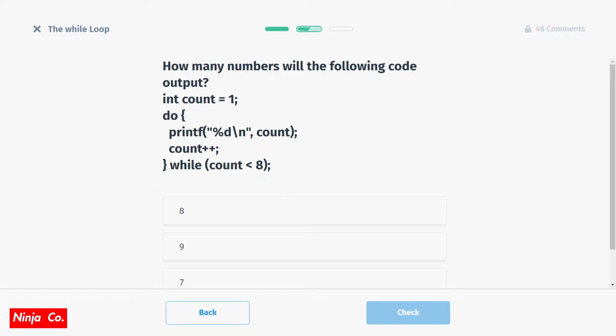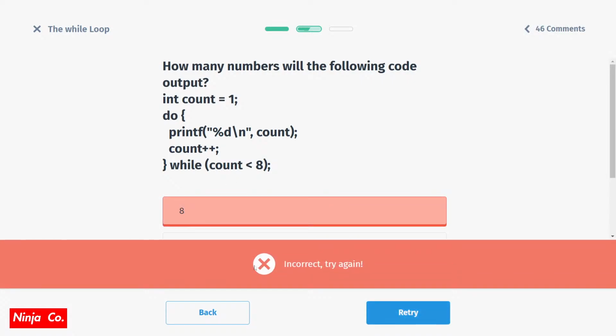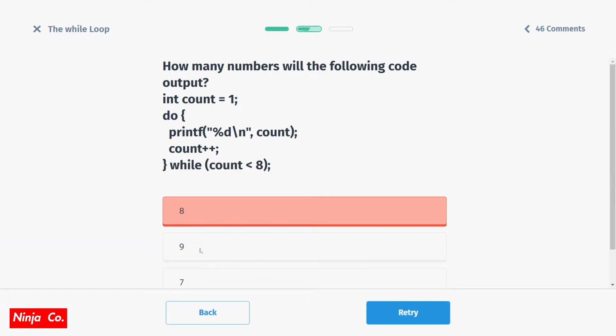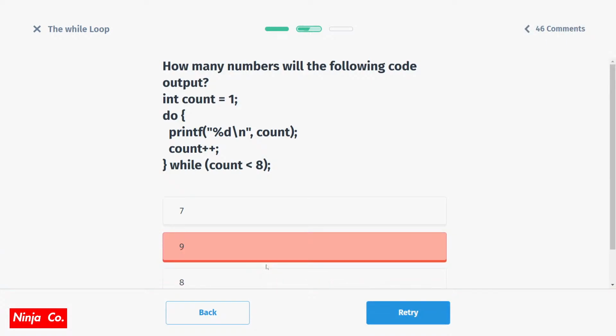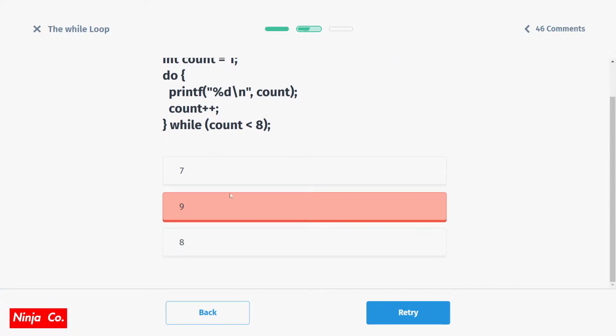How many numbers will the following output? Do while count is less than 8, it will print 8 numbers. No, it will print 9 numbers because